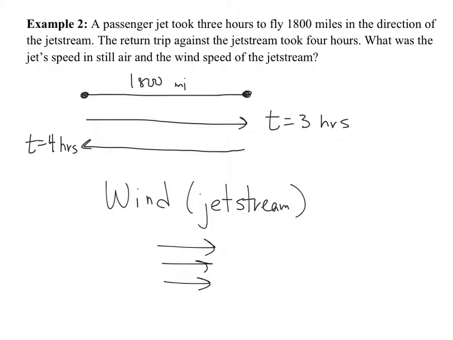If you're having trouble visualizing, just take a look at the diagram I drew. That's kind of what you should have going on in your head right now. When it went with the wind, it took 3 hours. When it went against the wind, it took 4 hours. That's what will help you solve this. So to find the wind, we need to find